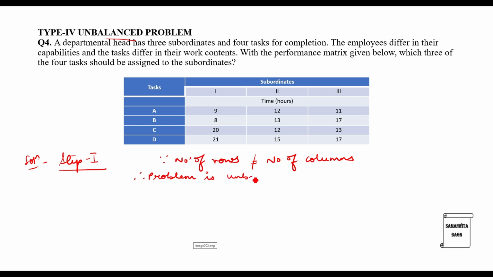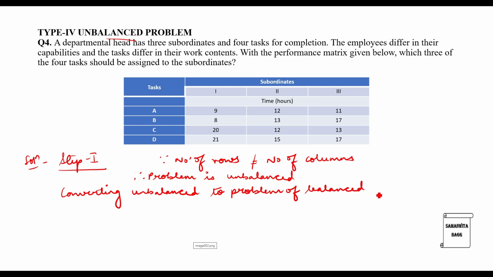problem is unbalanced. Now when you are solving the problem in exam, obviously it will not be mentioned that the problem is of unbalanced type. So while reading the problem and observing the table, you will come to know that it is of unbalanced type. So you need to mention that the problem is of unbalanced type, and hence we are converting the unbalanced to the problem of balanced type